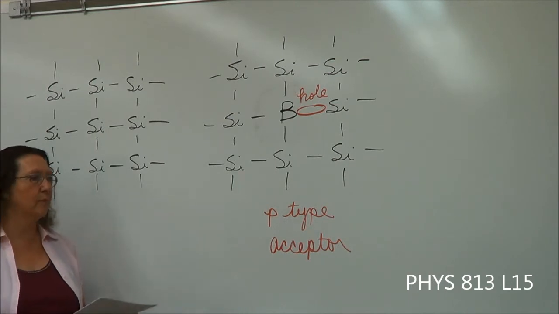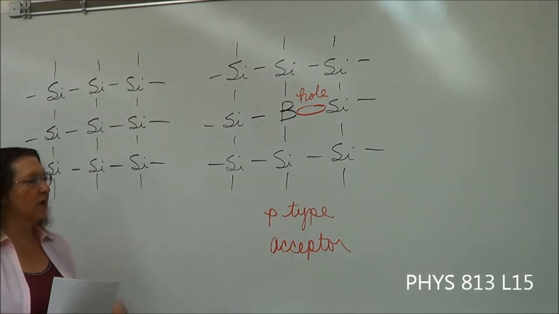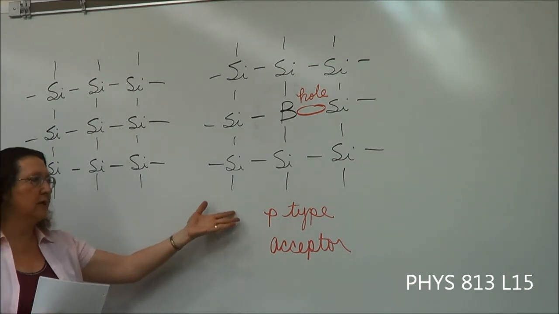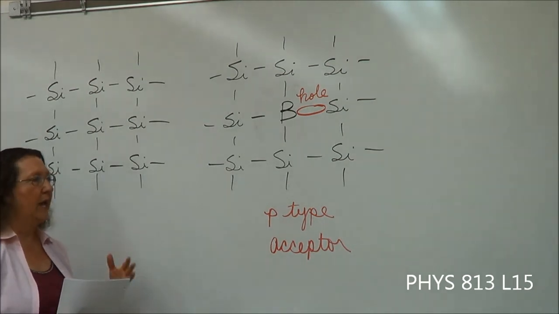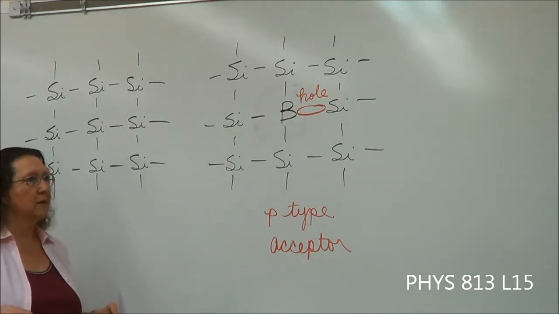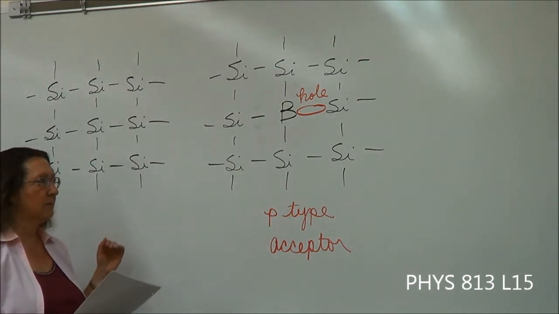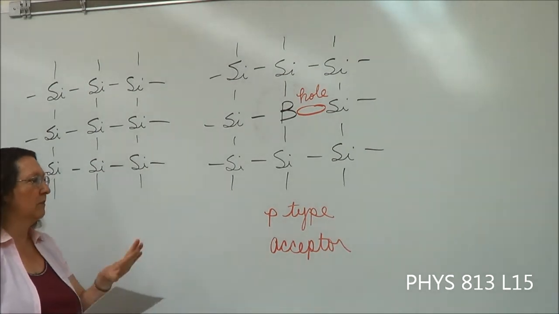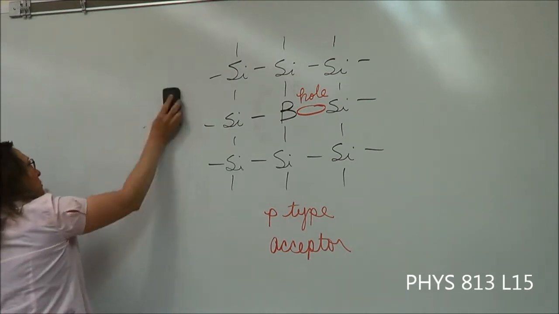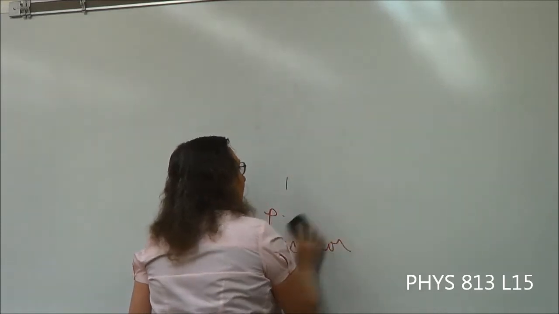And so that's the important thing, what happens when you have a donor type material and an acceptor type material. Normally we just call it N and P, so a PN junction. And a PN or NP is the same thing because you just have one of each. Later, when we talk about transistors, we're going to look at PNP and NPN, but we won't do that just yet. Okay, so we're going to look at what happens when we have